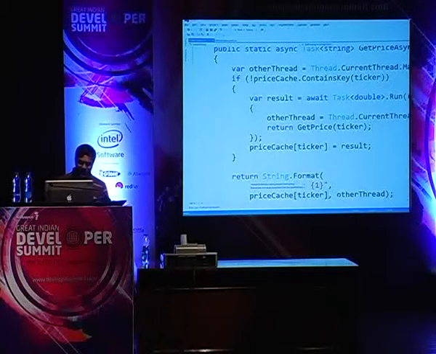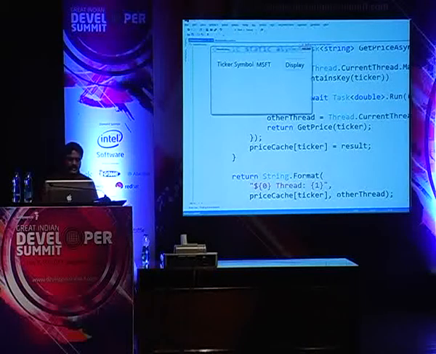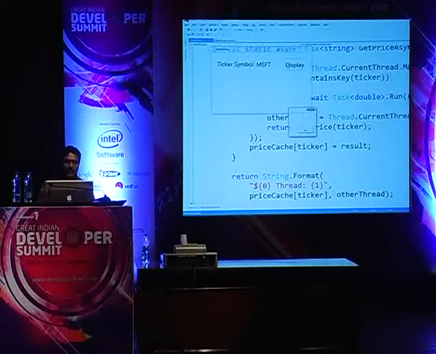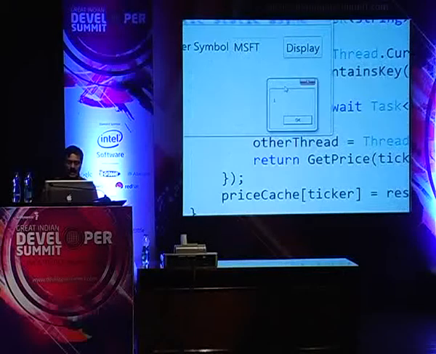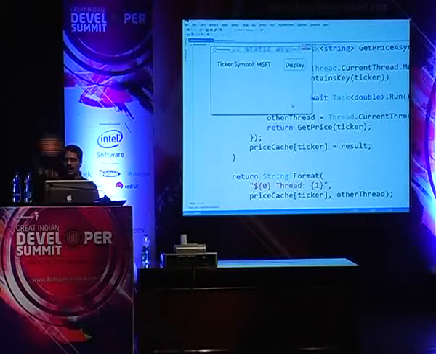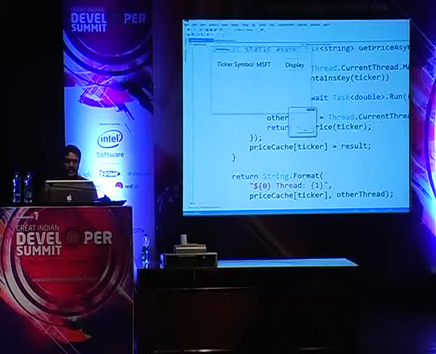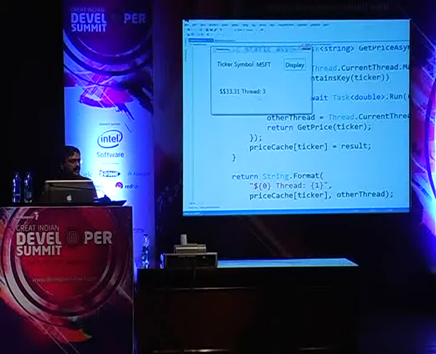So the benefit of doing this is, if I click on this the very first time, you can see that I'm in the main thread with the value 1 right now. I click on OK, it goes off and makes the request. I am displaying the result in thread 1, and the code executed in thread 3, just like it did a few minutes ago, no difference.